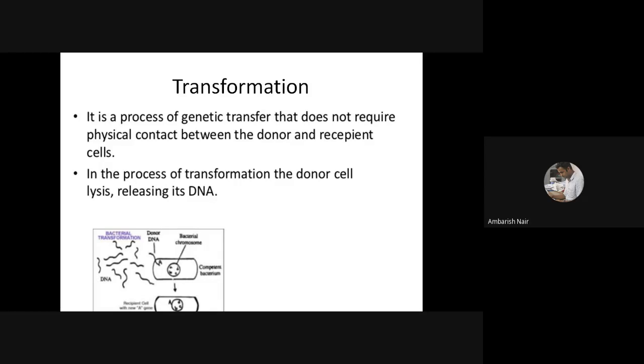That happens naturally. But what is artificial transformation? That's what we do in genetic engineering. We give a kind of shock to the bacteria, an electric shock. So what happens? The bacteria will open its pores through which the gene can enter. You can push your gene inside, or else treat with cold calcium chloride. It will increase the chances of entry of DNA inside the cell. So those possibilities are there.